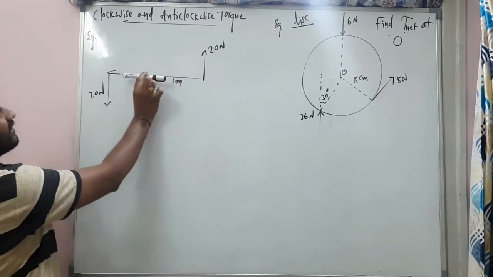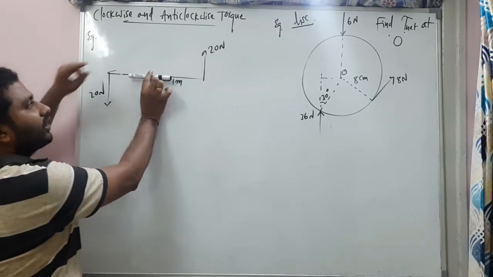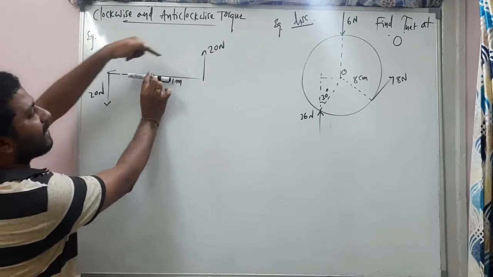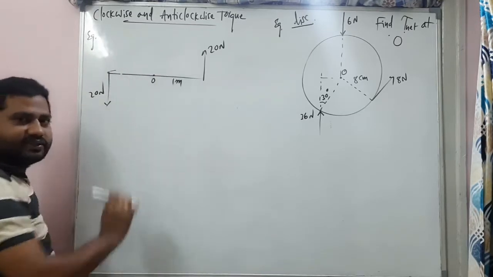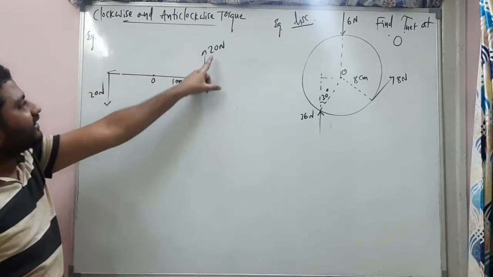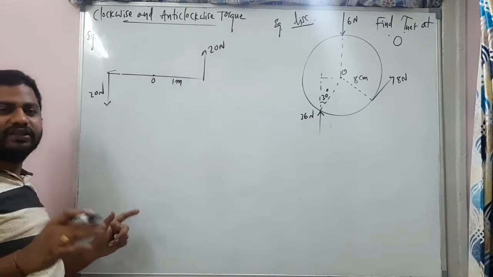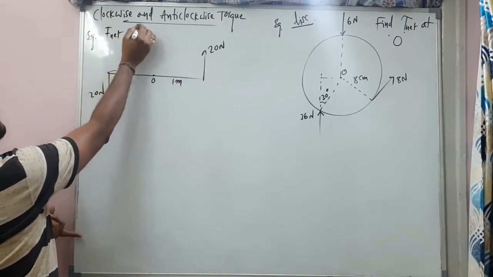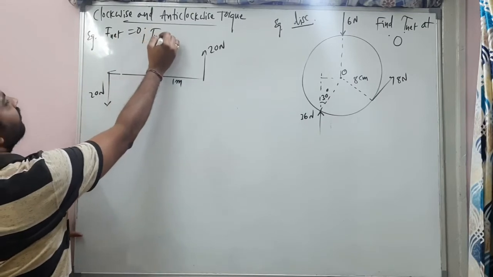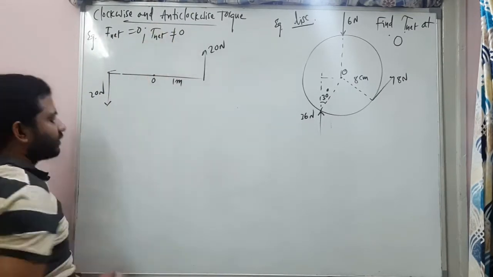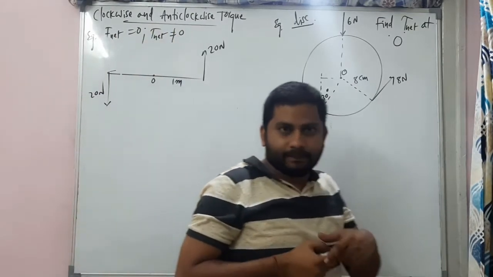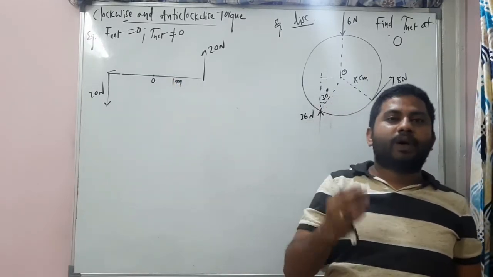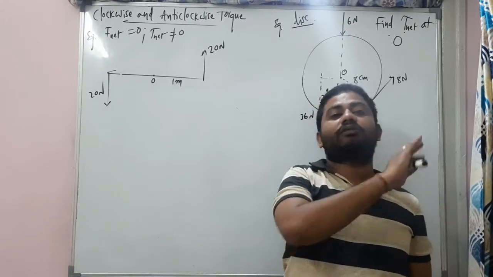Let's take the rod as one system. On the rod there is one upward force, one downward force. Both are of the same magnitude and different directions. I can say this 20 and this 20 cancel, and the net force acting on it is 0, but net torque will never be 0, my dear students. In this case, net force is 0, which means the body is in translatory equilibrium.